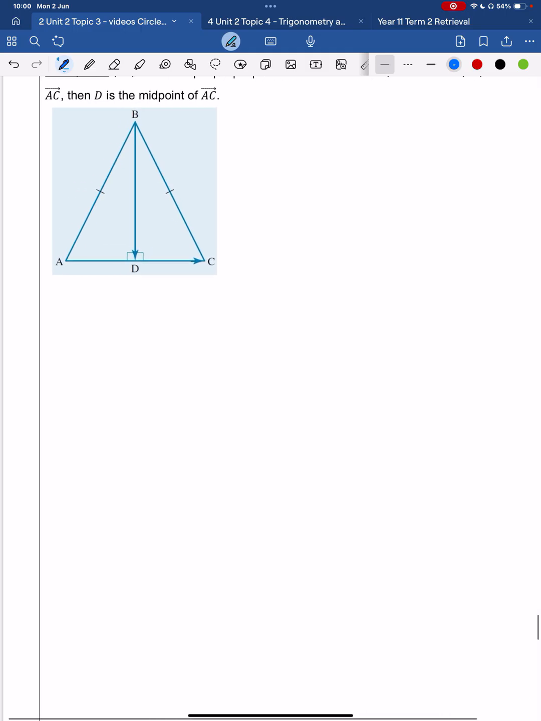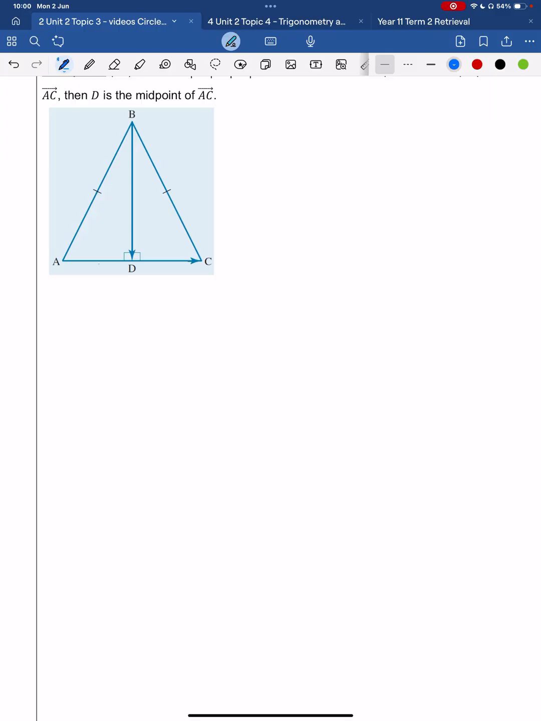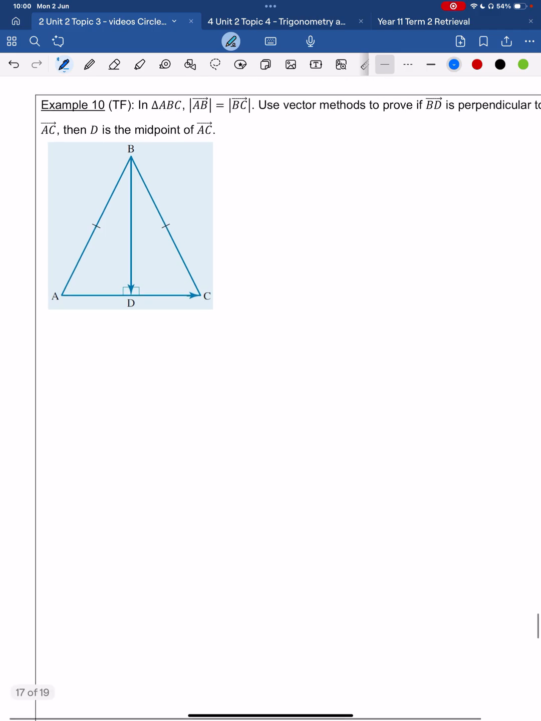So we are given that BD is perpendicular to AC. And we know that for perpendicular lines, the dot product is equal to 0. And we're going to use that to help us. Okay. And then we have to show that D is the midpoint of AC. So in other words,